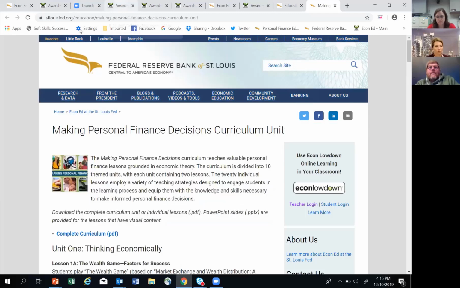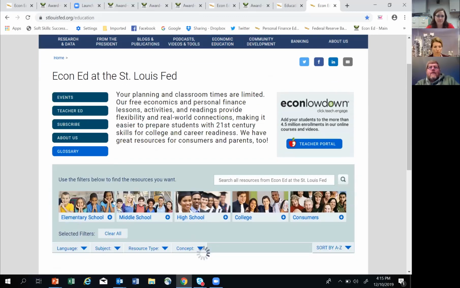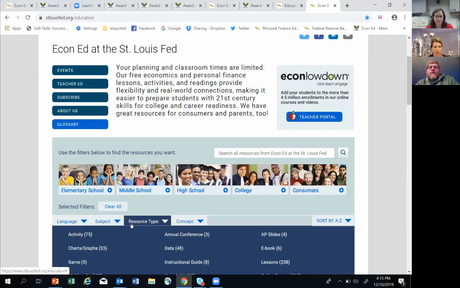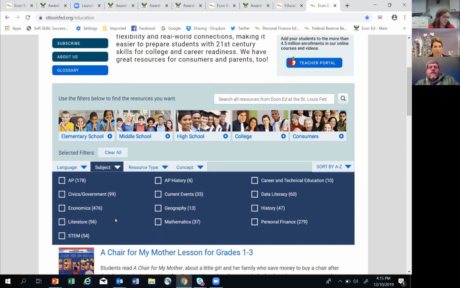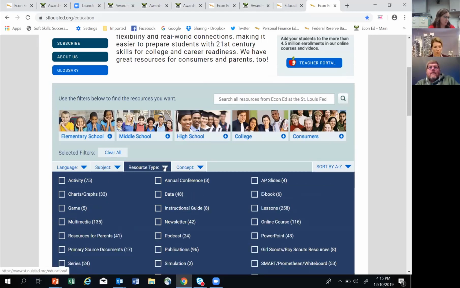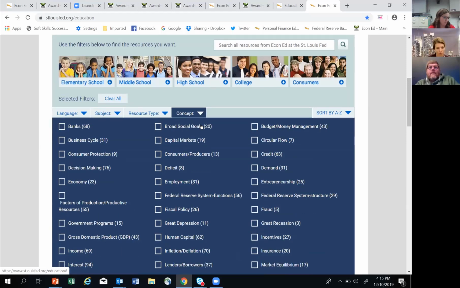But we have many more. We have over 400 resources there for pre-K through college. And with those resources, as I pointed out, since you didn't see the first screen, you are able to filter by grade level, by language, by subject. So we have resources for personal finance. We have resources for use in an economics class, a government class, an AP economics class. We have resources of a variety of types. So as I said, activities, lesson plans, things for smart boards, and then you can also filter by